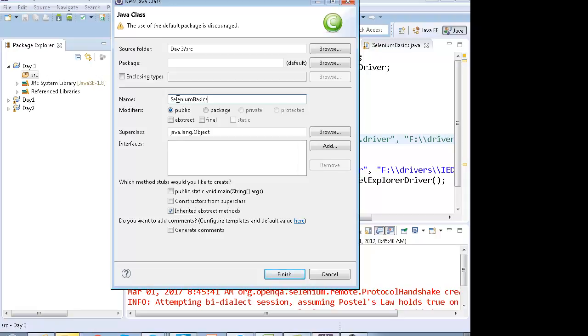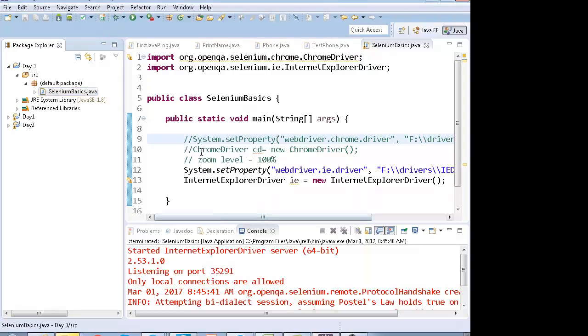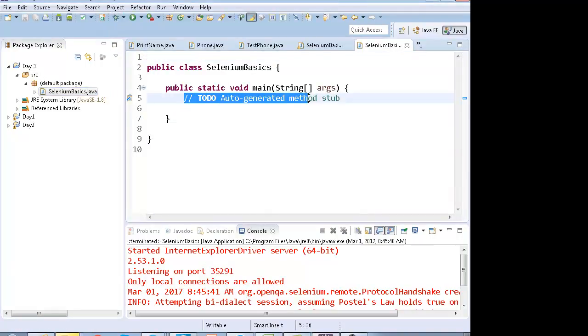Selenium Basics. Okay, and in this I'm going to create an object of the class known as Firefox driver.